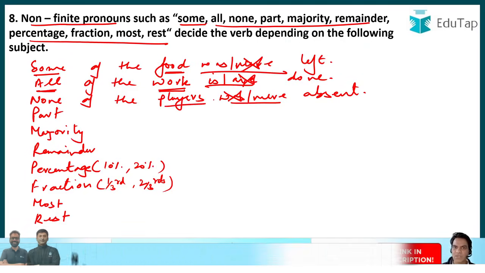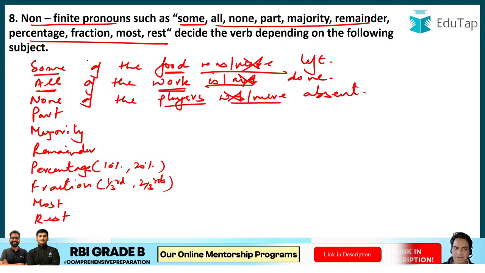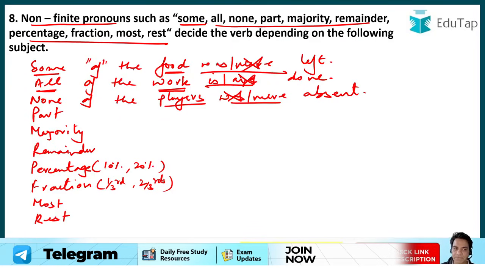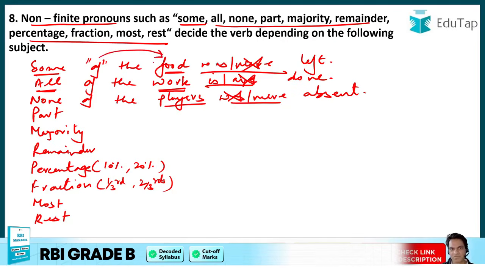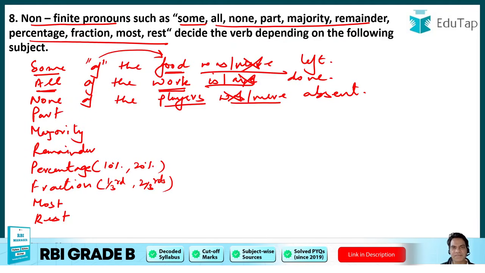Now, guys, this is the only exception I tell you. Remember, I told you whenever you see "of", you have to look at the noun before "of". But with these words, this is the exception. With these words, you have to look at the noun after "of", because these words cannot decide if they are singular or plural. For example, part of the